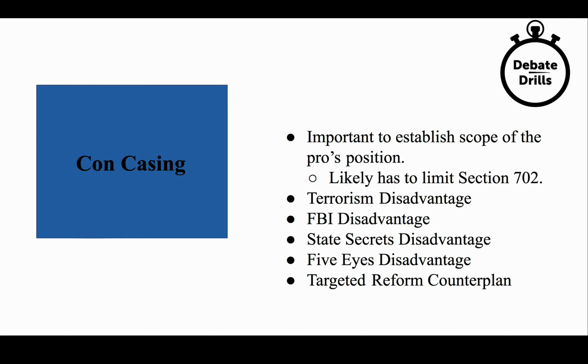So in particular, one option would just be to limit surveillance of American citizens to those situations in which there is reasonable cause that the person is associated with a terrorist organization or is somehow up to something that could pose a security threat. And there are several authors that define what types of security threats would warrant further surveillance. So in this case, you would avoid many of the disadvantages because you don't endorse a wholesale rejection of surveillance, but instead the result is a diminishment of surveillance, but enough to avoid some of the problems the pro has claimed, but not necessarily so many that you trigger the disadvantages.